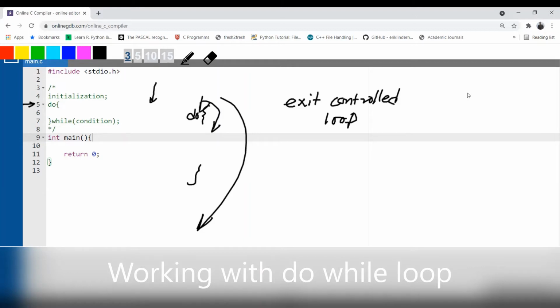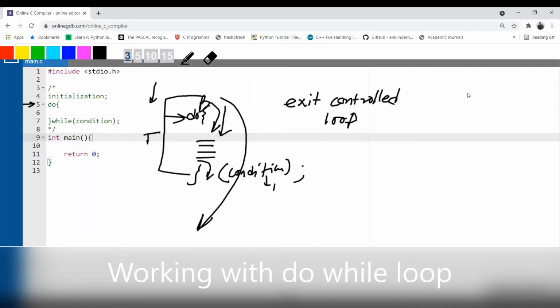For loop is also entry controlled, your while loop is also entry controlled. Exit controlled means that at first when your compiler comes to this line, there is no condition, so the compiler will go inside the body of the loop. This is the specialty. It will execute the lines that you have written inside the body of do, and while coming out from the body, then it is going to check the condition. If this condition is true, then the loop will continue. If this condition is false, then it will go outside of the body of the loop. Very special, no?